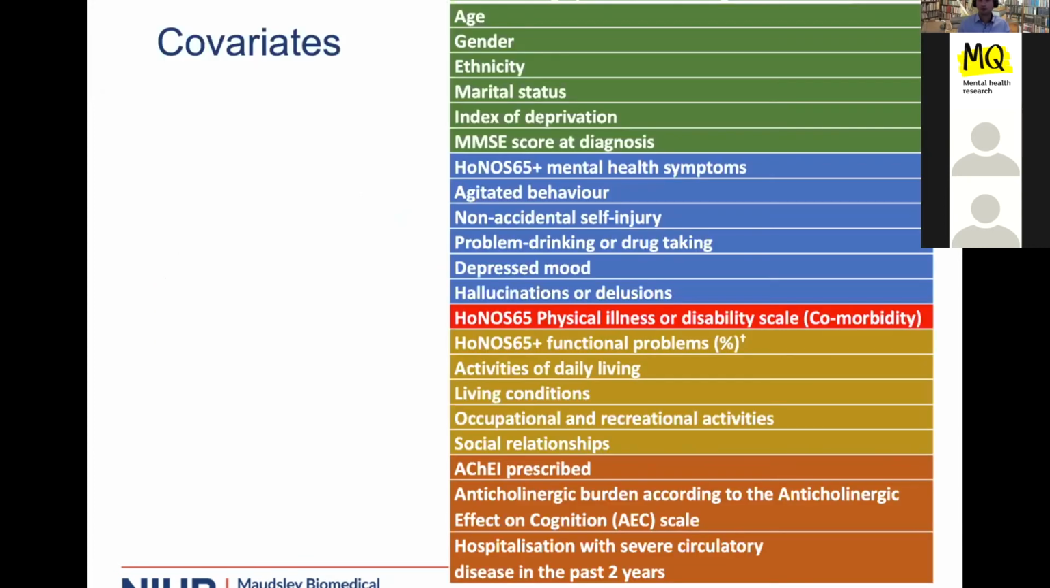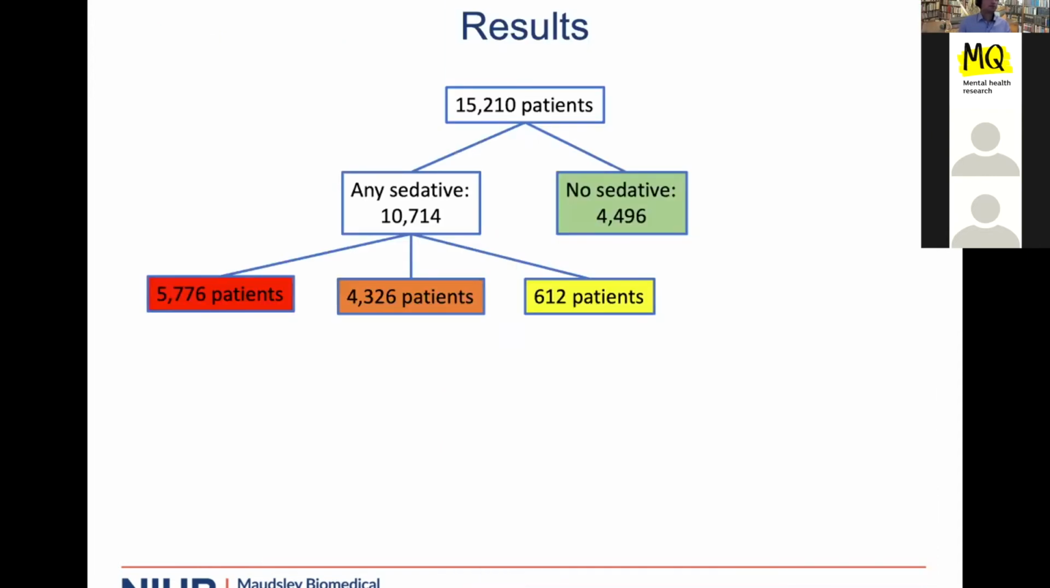We adjusted for a wide range of covariates to account for, of course, demographics, mental health symptoms, physical functional problems, as well as certain medications prescribed we thought would play a role in this pathway, similarly to what Gayan has mentioned. So, coming to our results, we identified